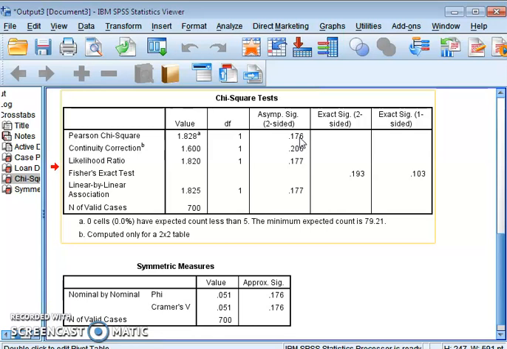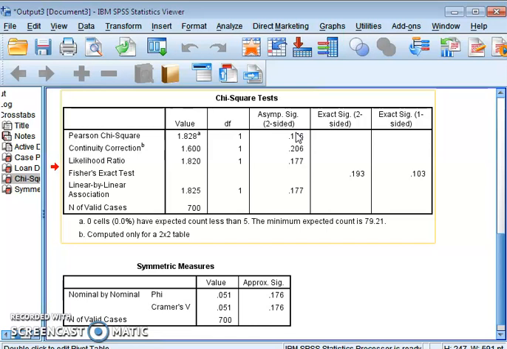So we will check this value. In our case, this value is more than 0.05. If this value is less than 0.05, then the alternative hypothesis will be accepted. And if this value is more than 0.05, then we will reject the alternative hypothesis. In this case, the value is actually 0.176, which is higher than 0.05.